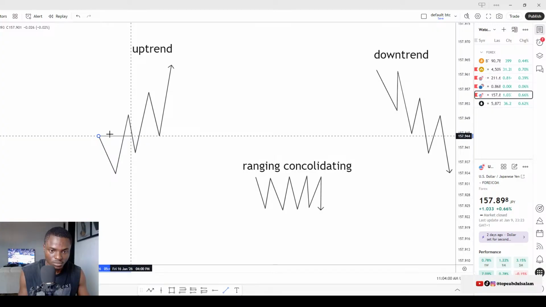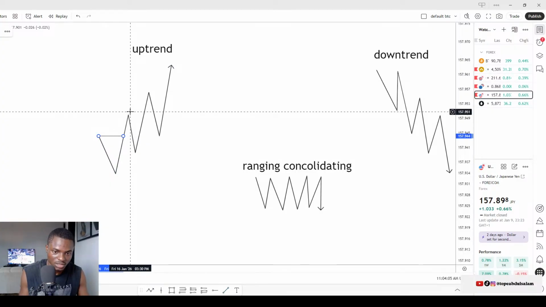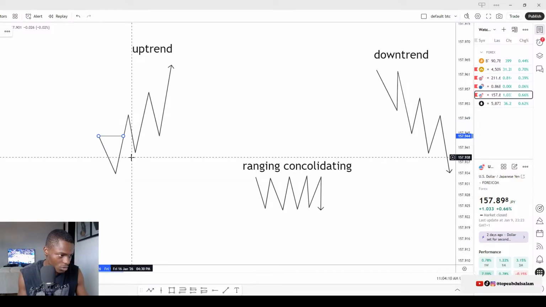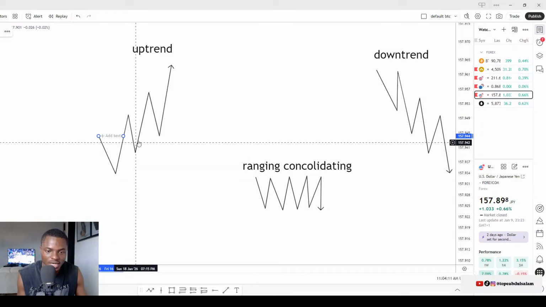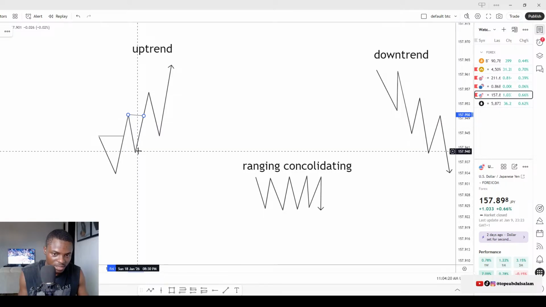It will be breaking this high. This is the previous high. It broke it. It will come down and it will not break the low. It will respect the low. It must respect the low before we can say it's an uptrend. So it will respect it and it will break this one again, respect this one, and break this one,